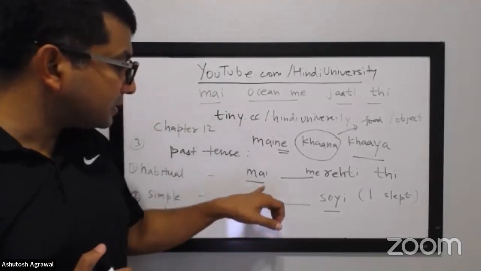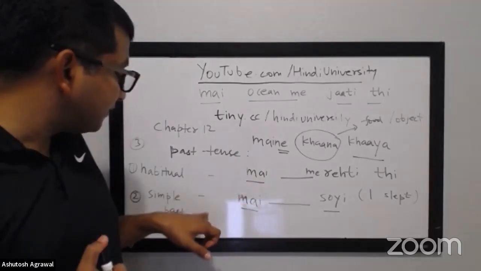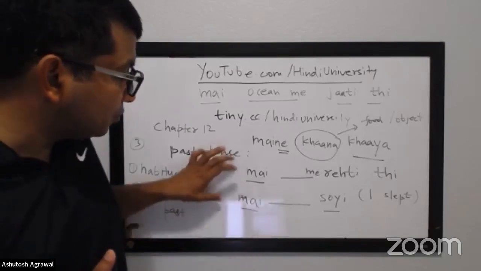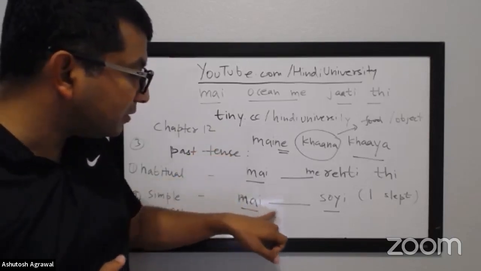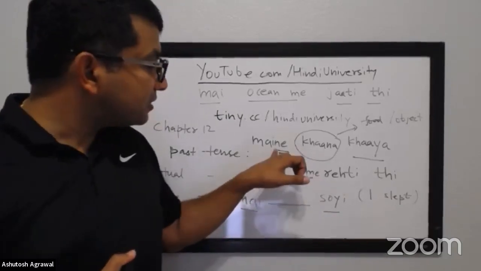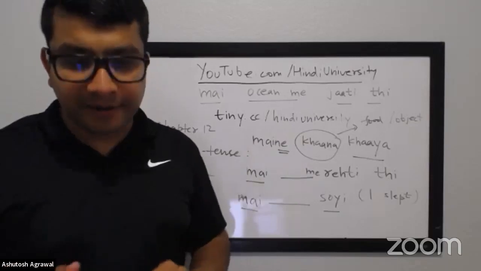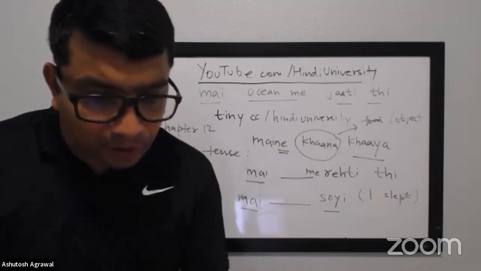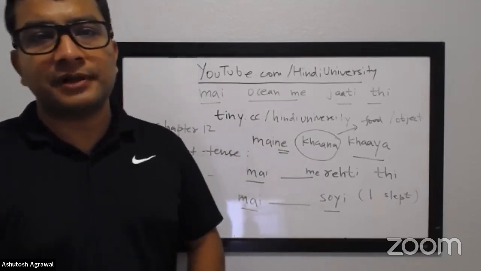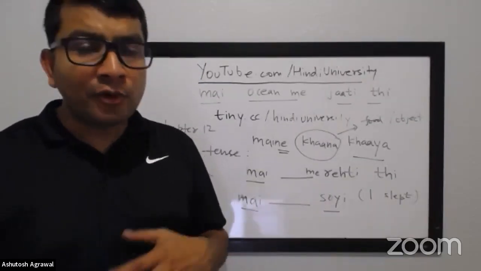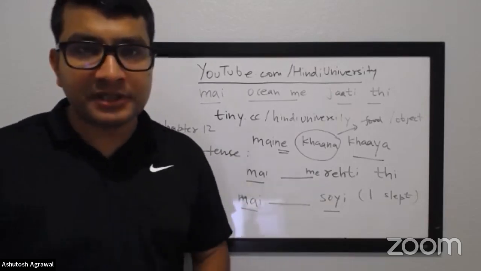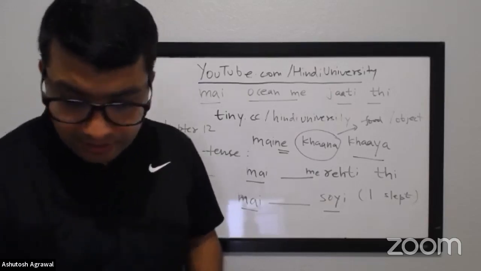What you notice is the difference when you talk about simple past tense, something that happened in the past. There are two subcategories. One is this one, मैं सोई, which we did in the previous class, I slept, versus मैंने खाना खाया. Before I get into the nitty-gritty of what type of verb, I'm going to write some sentences, and I want you to think about the difference that you see in these sentences, because that's very important.